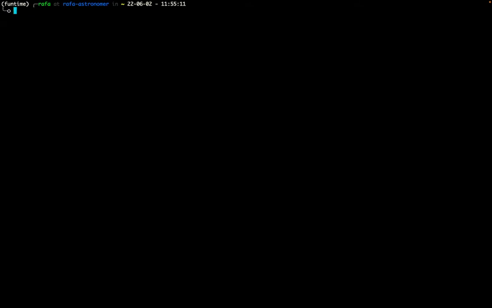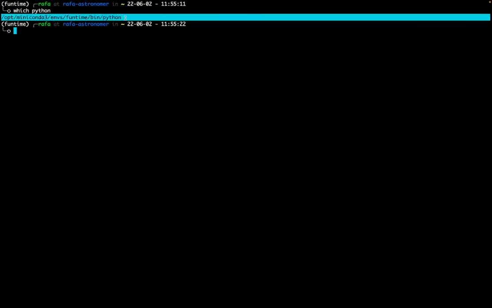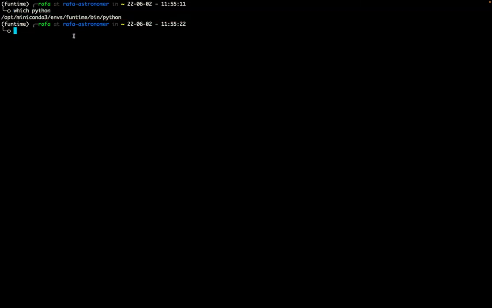Whenever you run a Python command, it's actually running a specific executable file on your computer, and you can find it in your terminal using which Python. This is on a Mac. There might be a different command on Windows, but you can essentially just see, hey, where is this pointing? So on my computer, it's going to the opt folder, miniconda, envs, funtime, bin, python. So if we go to that folder,